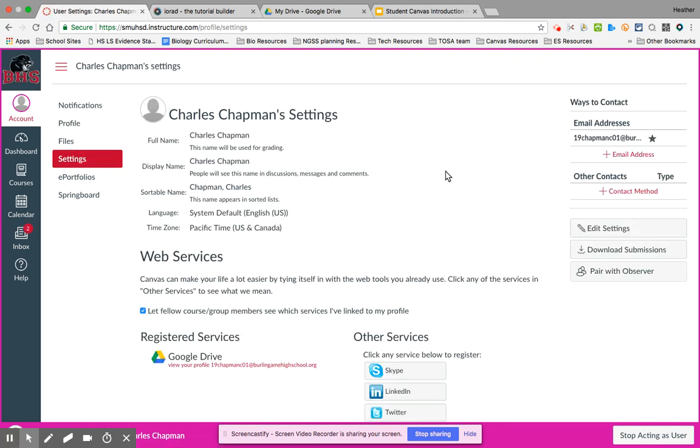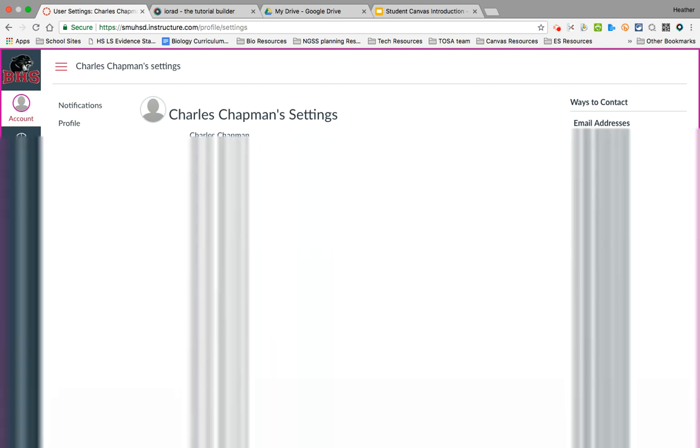From Settings, there's a couple of things that you can do here, like add another email address. So the email address associated with Canvas is your school Google account. However, if there's another email address that you would like to use, you can also put in another email address so all of your notifications will go